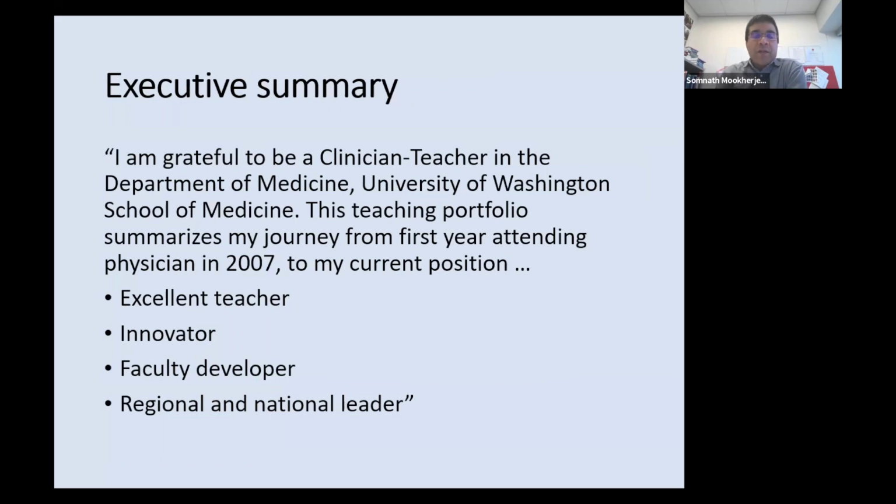This is the first bit of my executive summary. You can read the first paragraph there. I think it's important to show some gratitude for being able to do what you're doing, which is why I wrote it like that. I followed one of my mentors, Chris Wong, as an example. His executive summary was very similar to this. Then I broke it down, as I said, in kind of immodest language, but not totally crazy, I hope. These are the sections that I wanted to emphasize in my executive summary: teaching, innovation, faculty development, and then